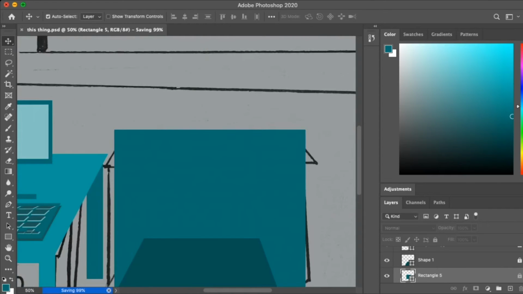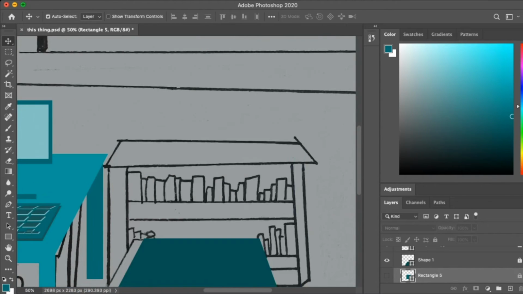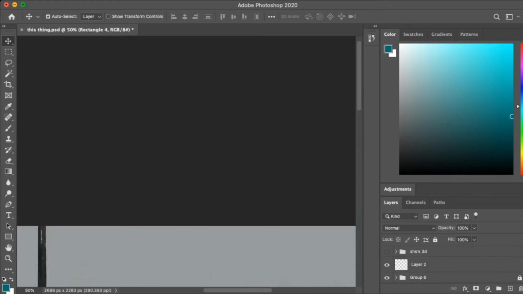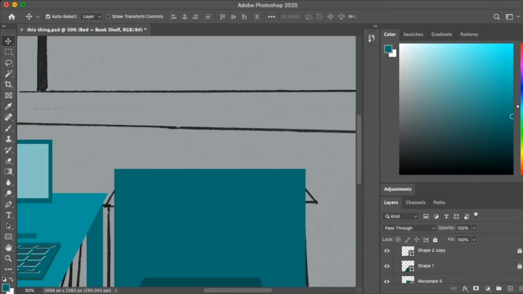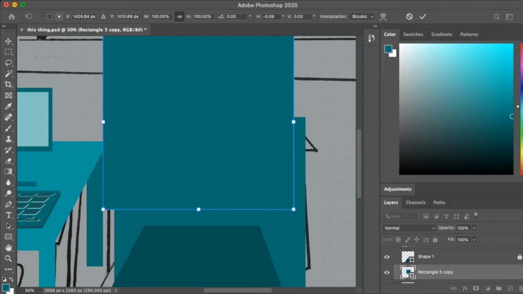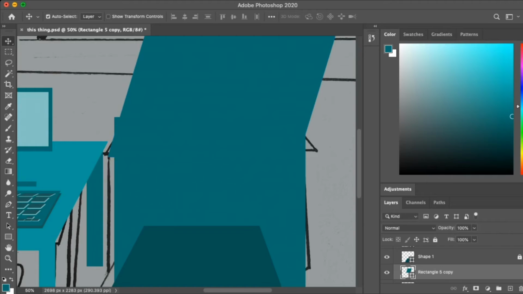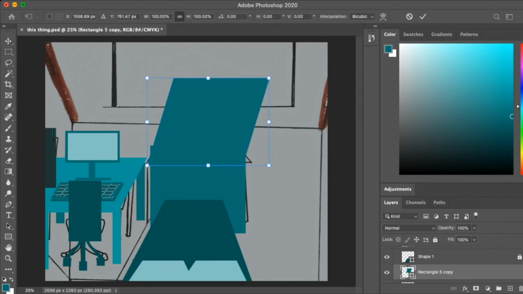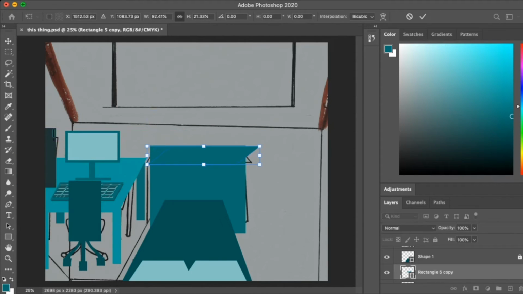a bookshelf is cool. Although, kind of ironically, you're going to see in this design I didn't put any books because I wanted the bookshelf to be empty. I guess it did save me some work, but I wanted the bookshelf to be empty, and I'll explain that later. And then right here I was again experimenting with gradients and experimenting with